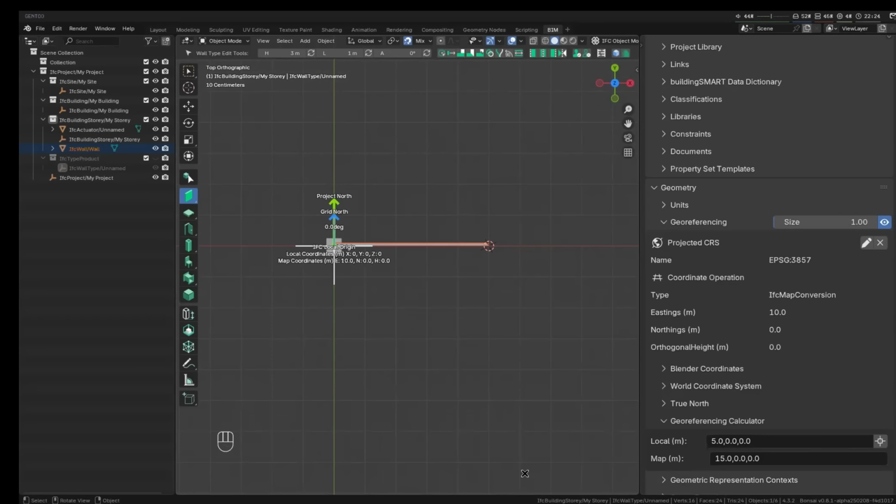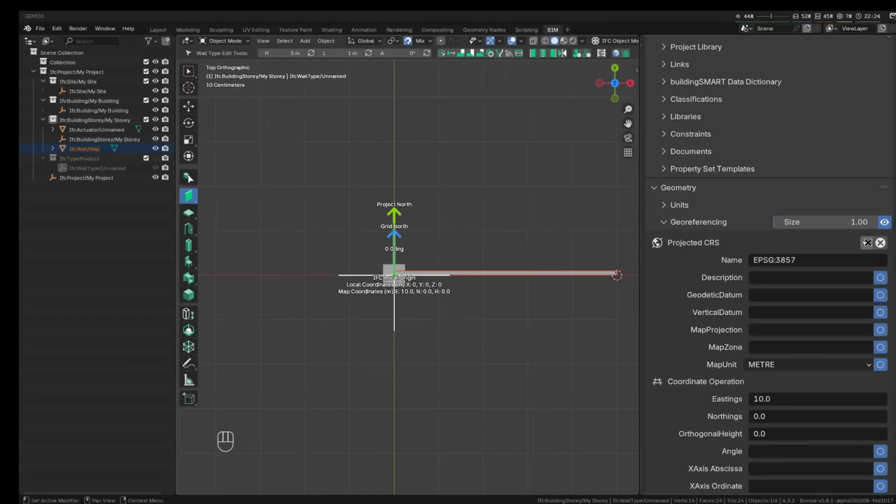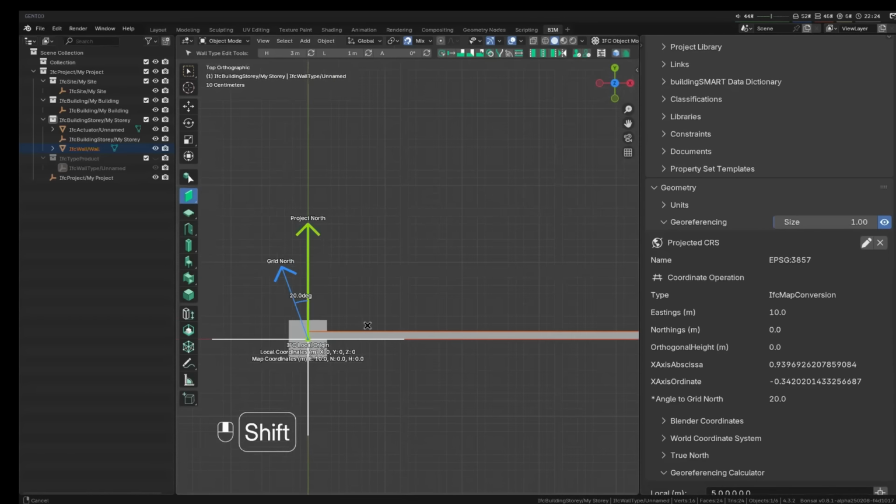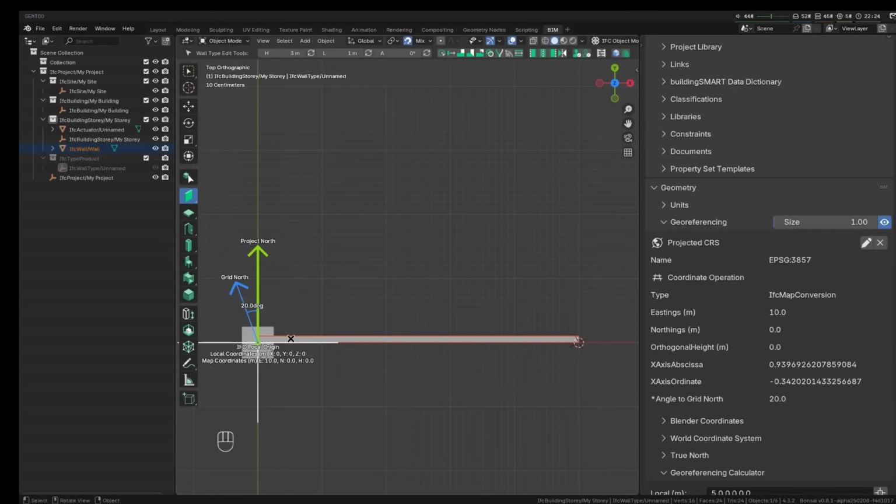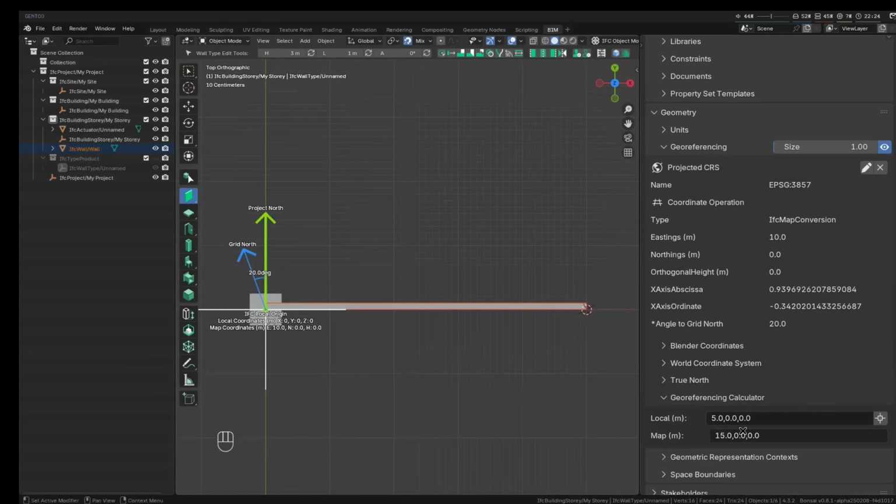I'll make it slightly more confusing. I'll add an angle in there. So let's go and edit this. Let's toss in an angle of 20. So all I've done is I've shifted where my grid north is. So my wall hasn't changed. It's still drawn orthogonally to my project north, and that's great. But my grid north is now somewhere to the top left. And what that means is that this point is no longer going to be 15. If I sample it again, it'll be